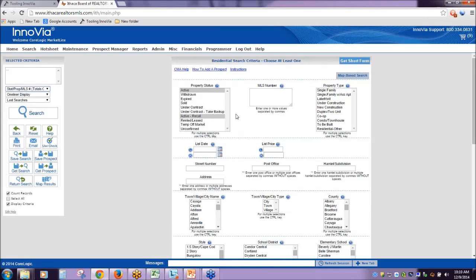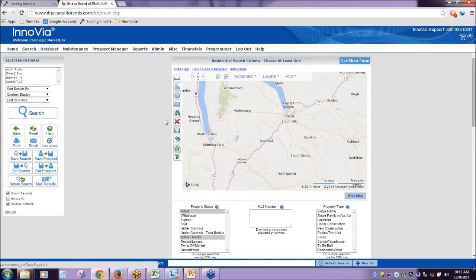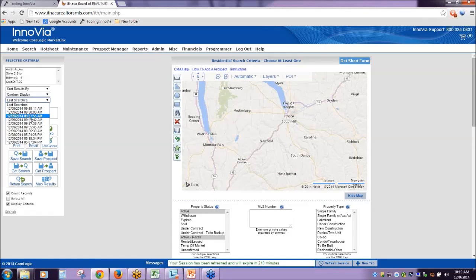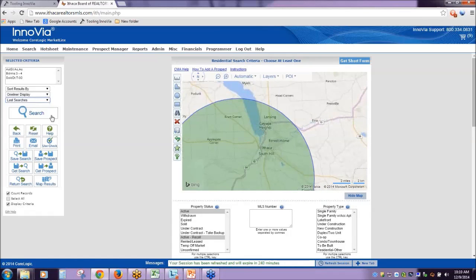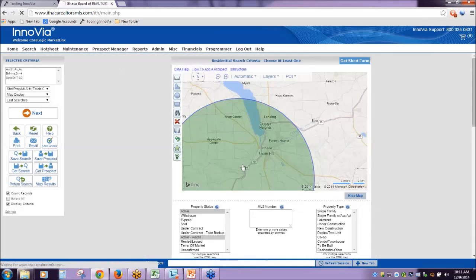But I could do active, anything you do a search for. Let's pick a county. Let's just actually use one of my last searches. All right. And we're going to change that again to totals on. And I'm just going to say search. When I click continue here,